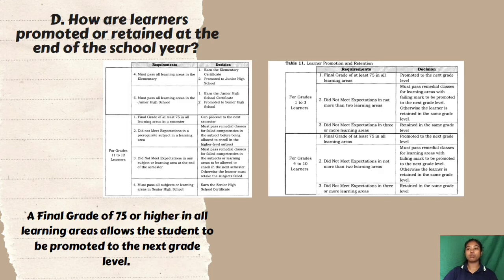For grade 11 to 12, learners who fail a unit or set of competencies must be immediately given remedial classes. They should pass the summative assessments during remediation to avoid a failing grade in a learning area or subject. This will prevent students from having back subjects in senior high school or SHS. However, if the learner still fails remedial classes, he or she must retake the subjects failed during the summer or as a back subject. Guidance teachers or career advocates must provide support to the SHS student for his or her